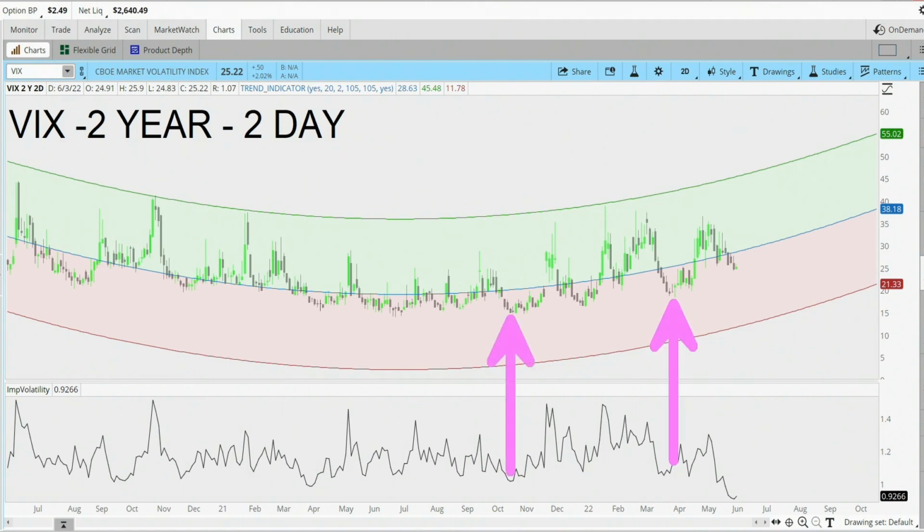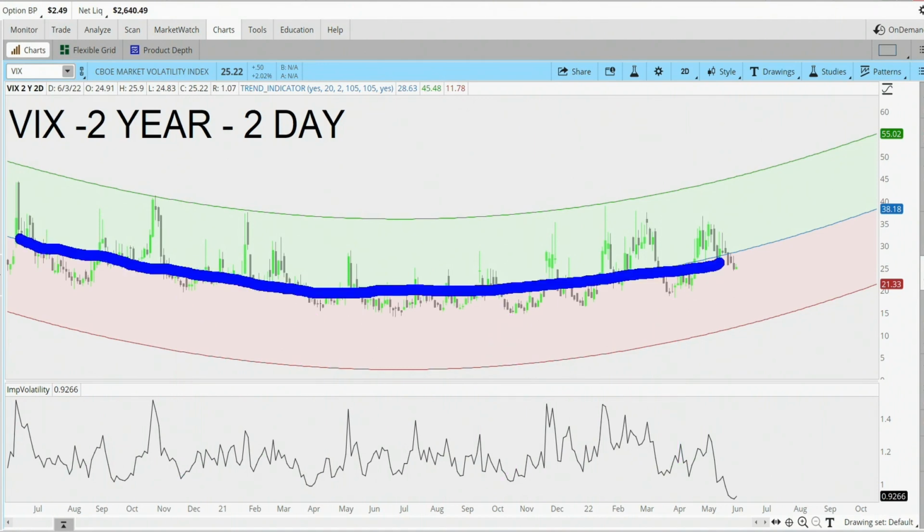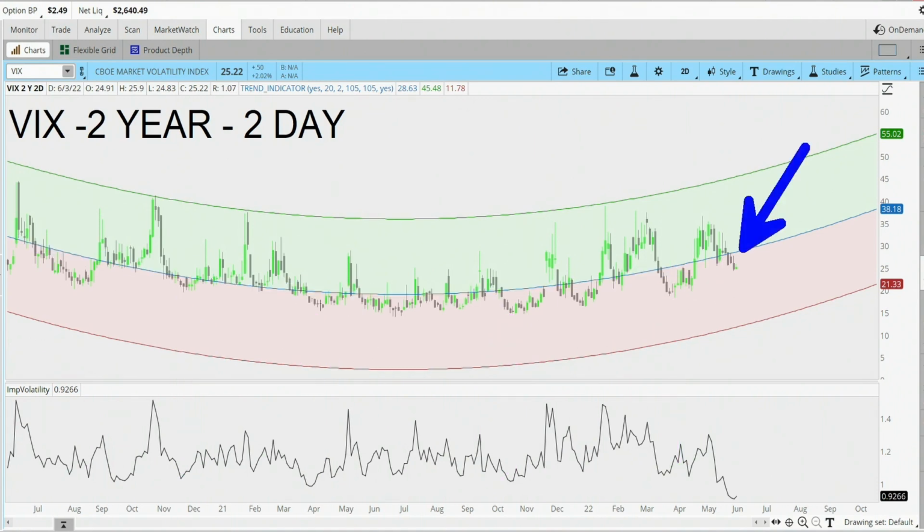If the VIX is low, watch out below. And we can go back and test all of these times when the VIX is low and under the trend indicator midpoint, which you can see is right now telling us to short the market, along with implied volatility being much lower than normal. Just to confirm what I'm saying is correct, let's look at mid-March and see what happened